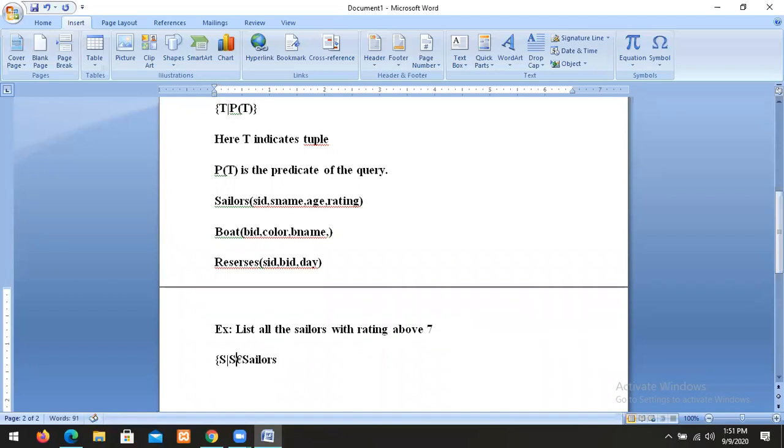So S is a tuple which belongs to the relation Sailors. This is the meaning. Then what is the condition? We use the AND symbol, so I insert the AND symbol.